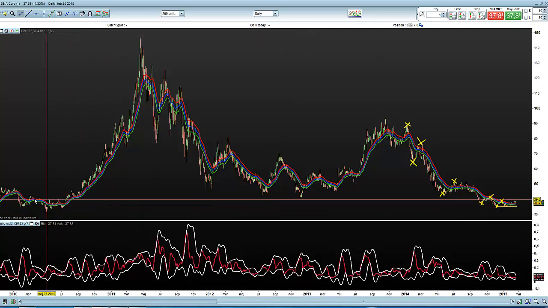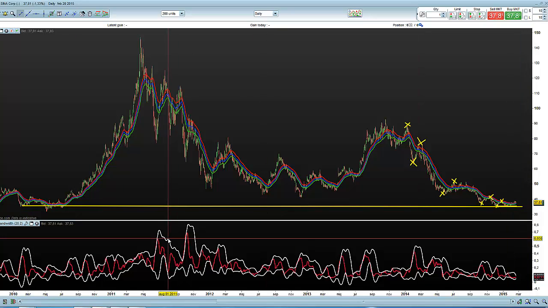Look here, a good support area that we talked about last week. So yeah,